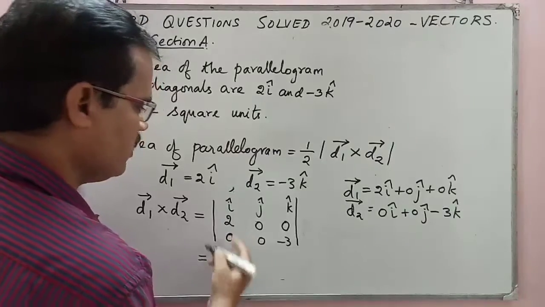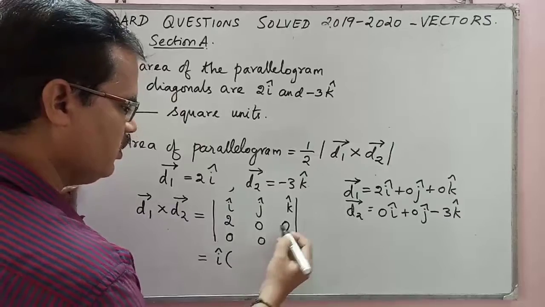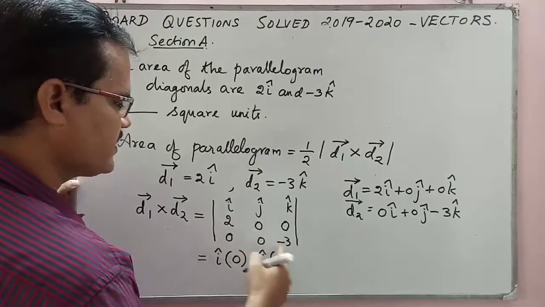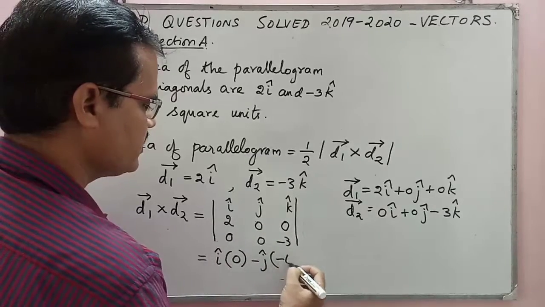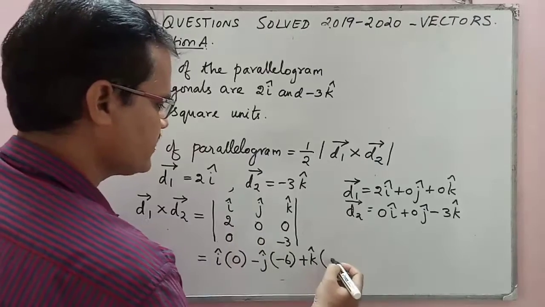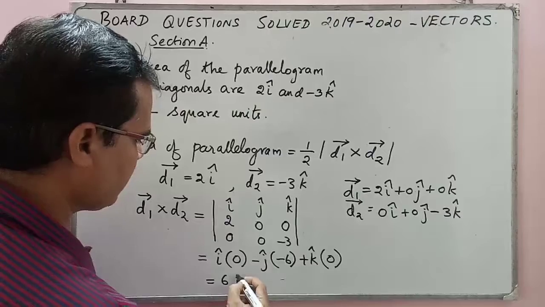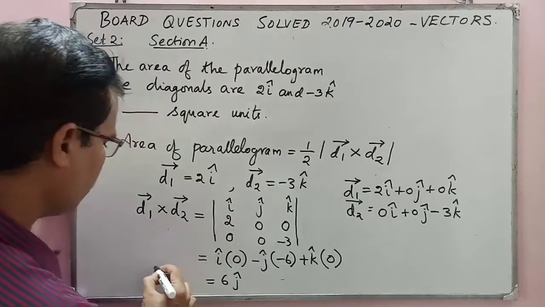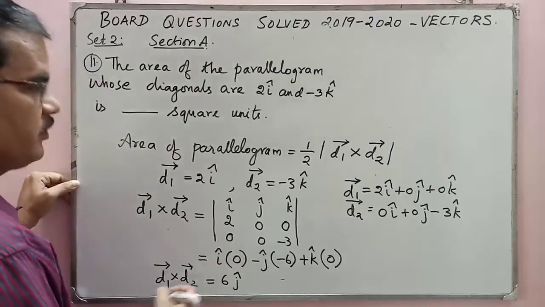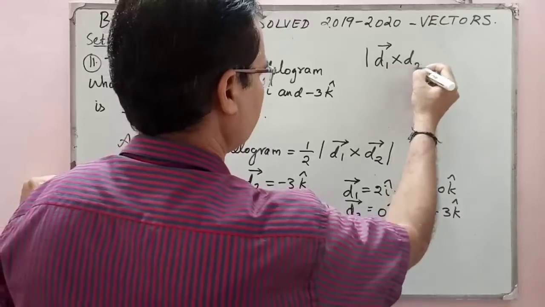Now we need to find the determinant. 0 times negative 3 is 0 minus 0, so we have 0, minus j times (minus 6 minus 0), which is minus 6, plus k vector times (0 minus 0). So finally we are left with 6 j cap. This is your d1 vector cross d2 vector. We need to find the magnitude of this. Magnitude of d1 vector cross d2 vector